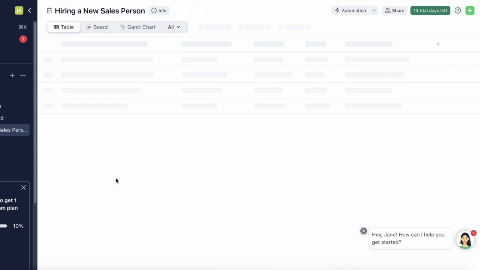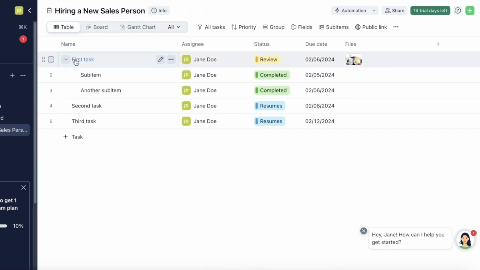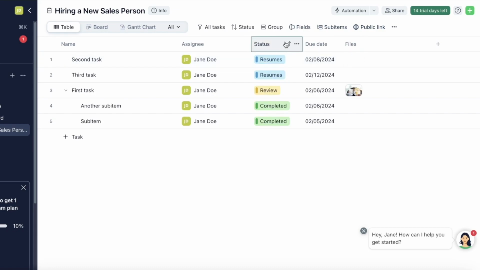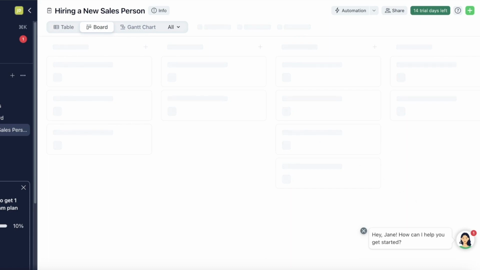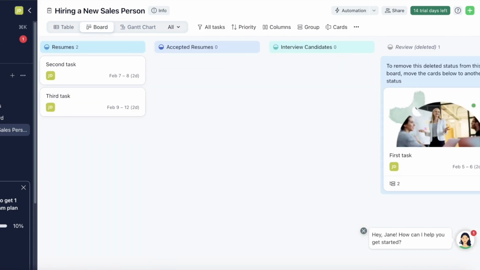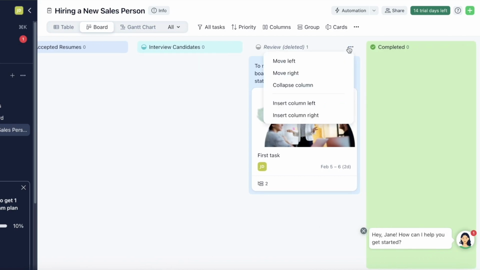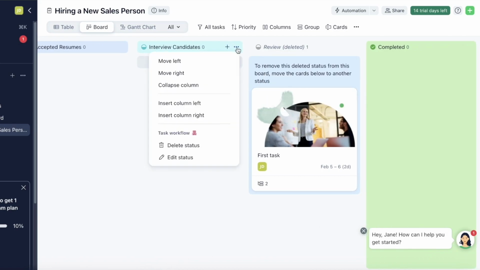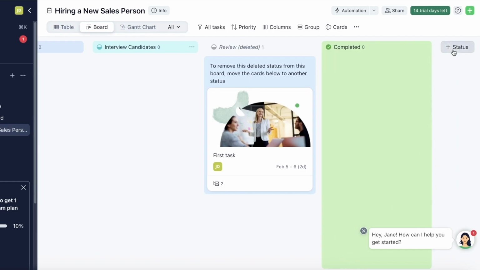And you can do pretty much the same thing on the table view. This just depends on your personal preferences. The table view can sometimes be listed in the form of tasks. So if you want, you can do that in the form of statuses, and you can categorize on a status basis like this. But it's just a bit easier to build on the board view because you can easily set up the different categorizations that you have. So once I've done that, I am going to go into the last column and